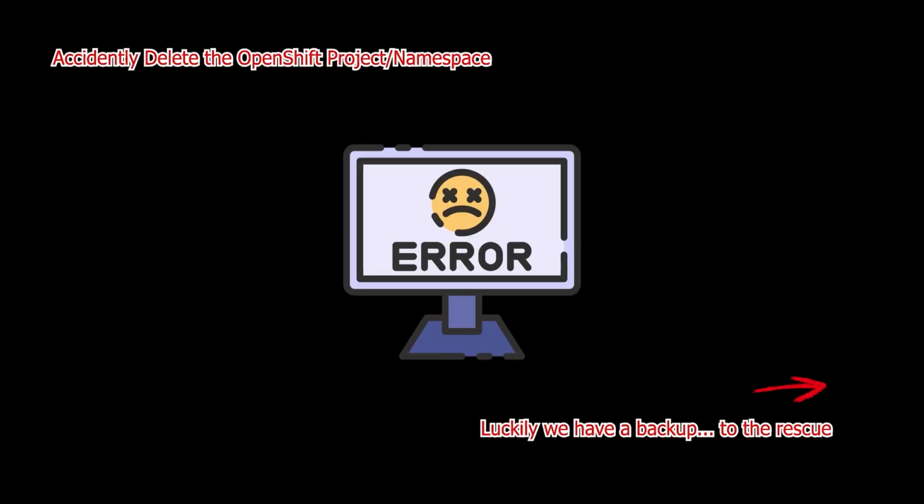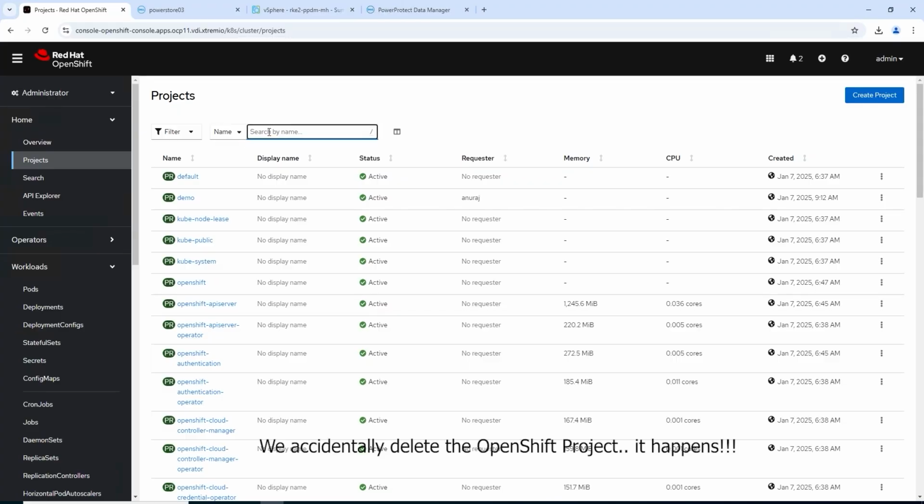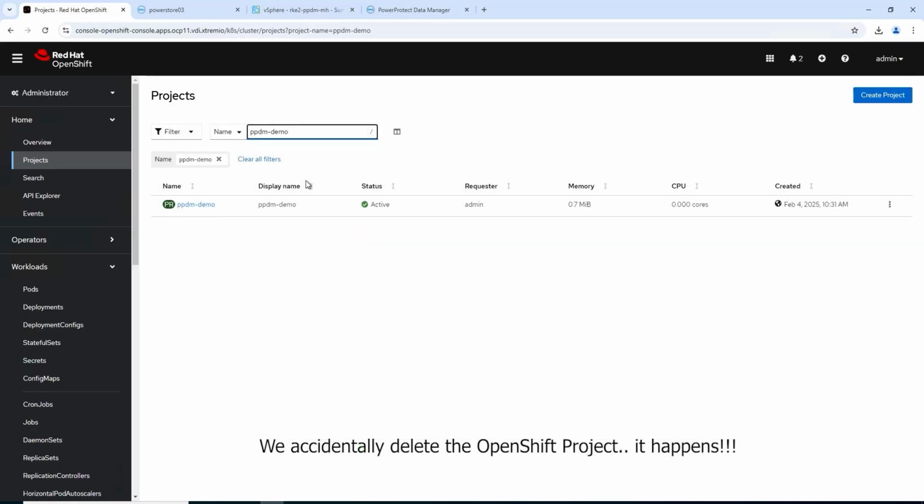Yep. All right, so error, right? So what happens if we accidentally delete the OpenShift namespace? All right, so luckily we have a backup to the rescue, right? So it happens, sometimes we could lose everything, or we could just inadvertently delete the namespace. So here we're just going to delete the namespace,